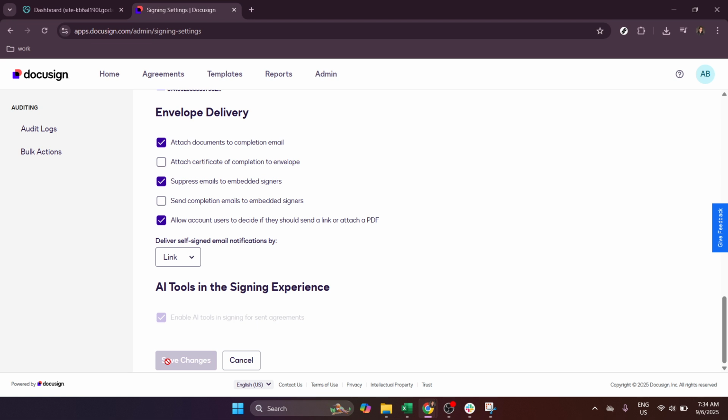And there you have it. Your signing settings in DocuSign eSignature are fully configured, allowing you to facilitate a seamless and professional